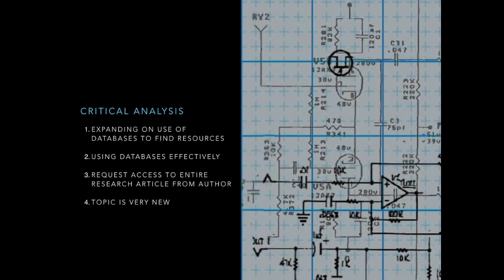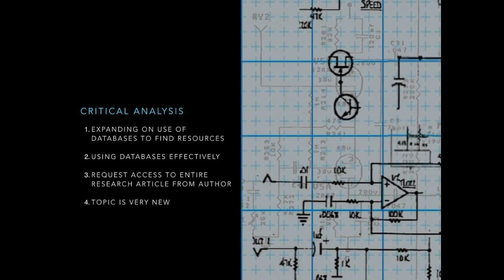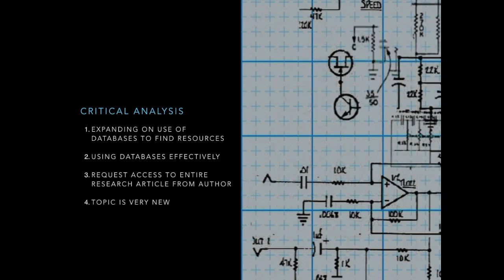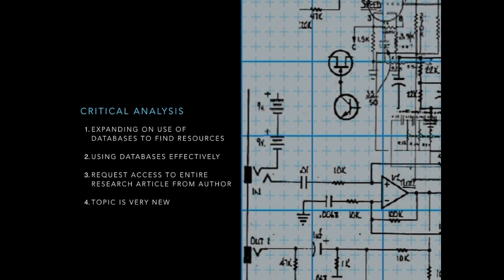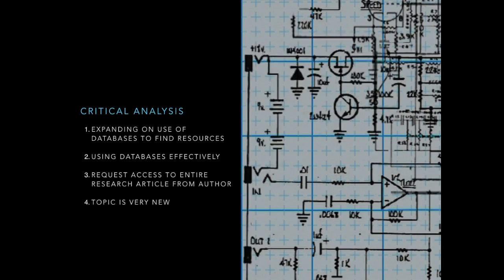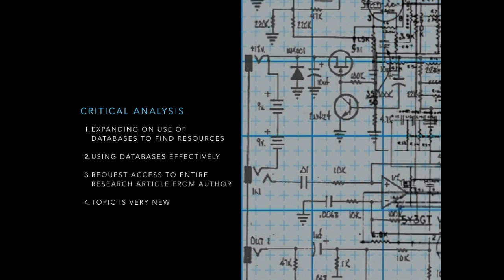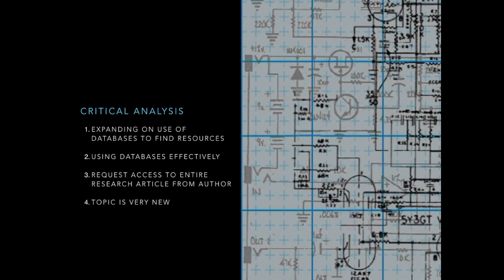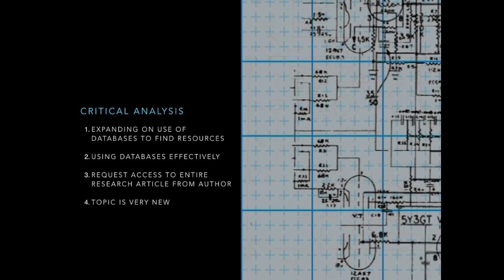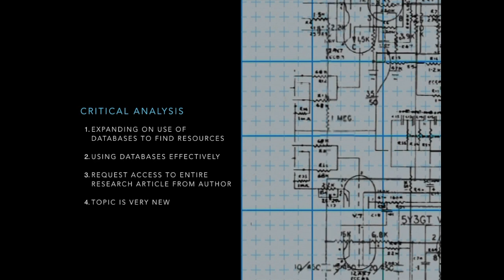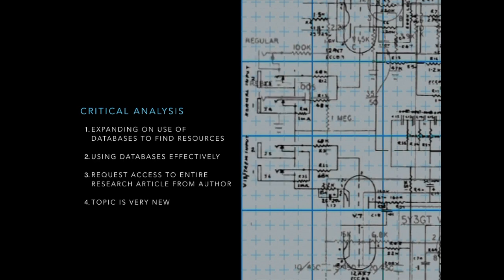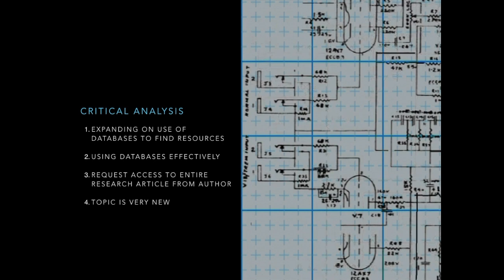This critical analysis includes what could be done differently when locating and sourcing information and investigating a research topic. Sticking to one database limits the amount of information that can be found on the topic. By expanding the use of databases to find resources, we can locate information that may not be accessible by a Google search. When using databases effectively, the amount of resources related and specific to the topic can be narrowed down, and it will shorten the evaluation process.